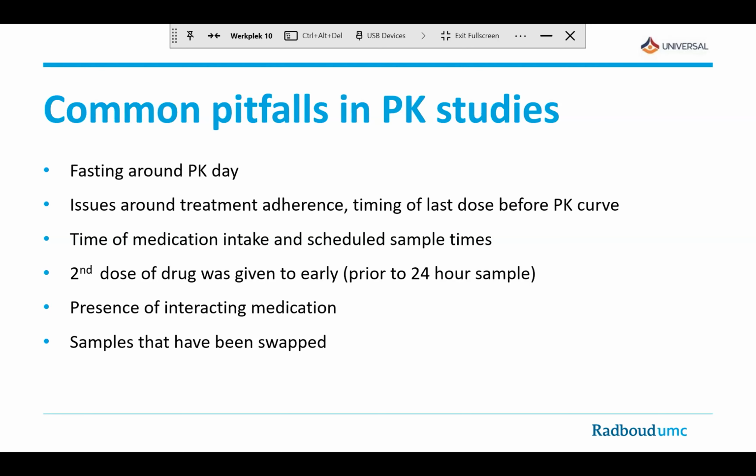Sometimes the time of intake and scheduled sampling times are difficult to get. And sometimes we also see that the second dose of a drug was given too early. So when we are collecting a pharmacokinetic curve,